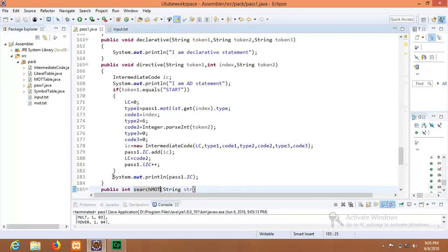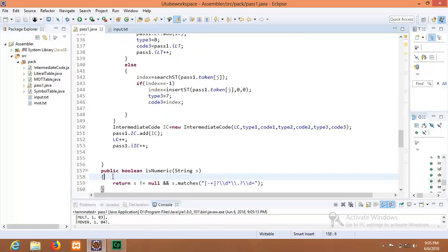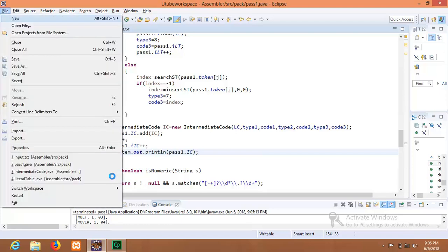Displayed the output. That's why it's showing output for start first line. Now here also if we display by using system.out.println pass1.I,